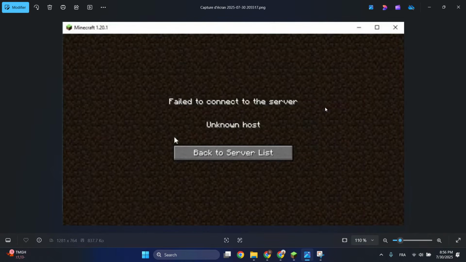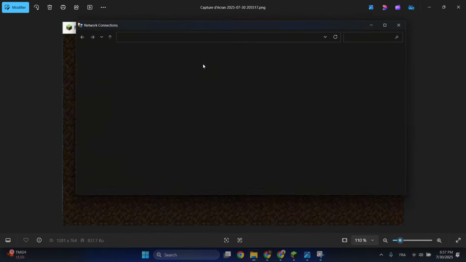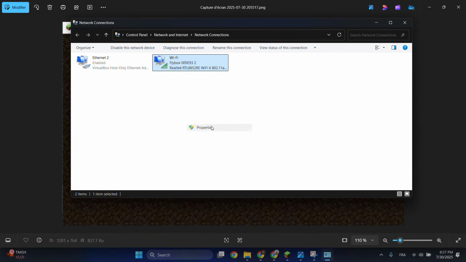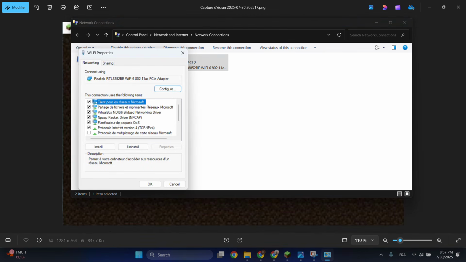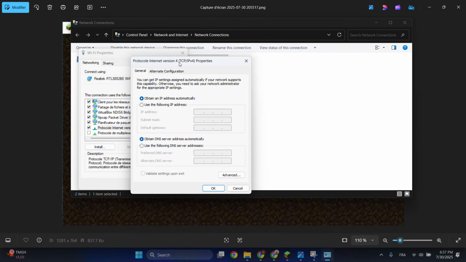Even if this method doesn't fix your problem, just go here, go to network connections, right click on network connection, click on the Wi-Fi, just right click and then properties, search for protocol internet version 4 TCP IPv4, and then you select this option,